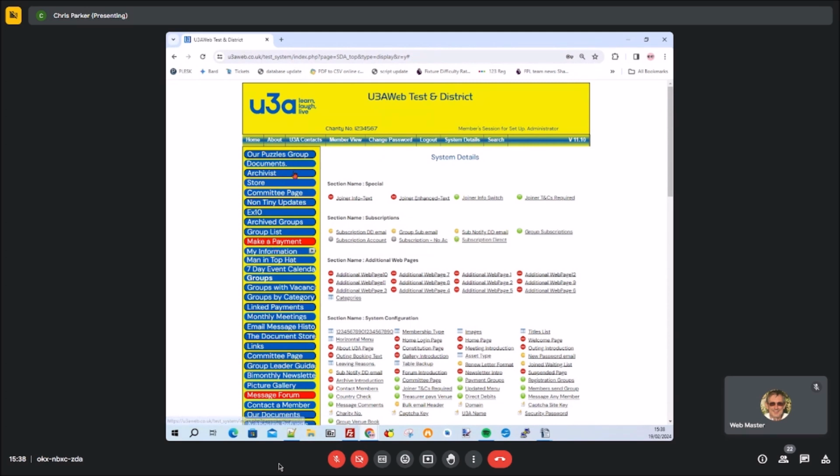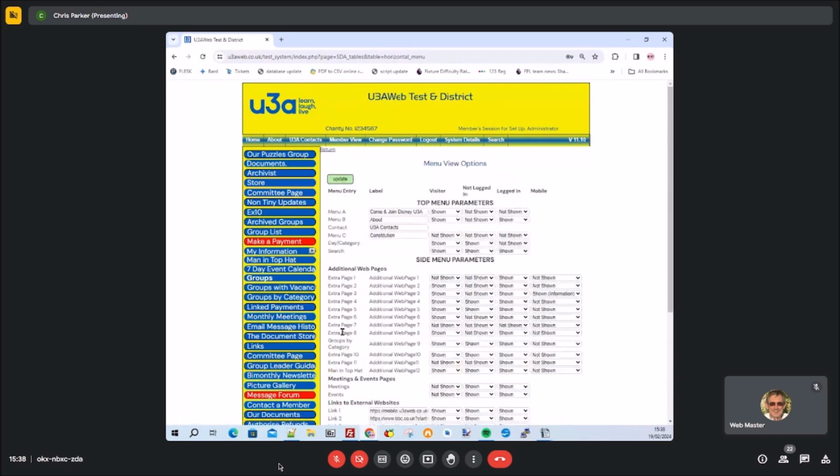So what I want to start with is the top menu. This menu along here is configured in quite a few ways, and a lot of the configuration is done in this particular item in system details called the horizontal menu. So if I just work my way across the top here,